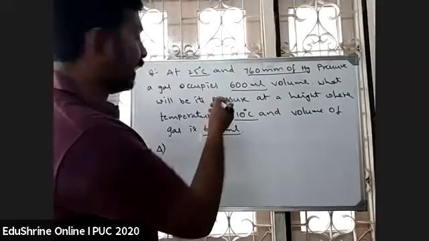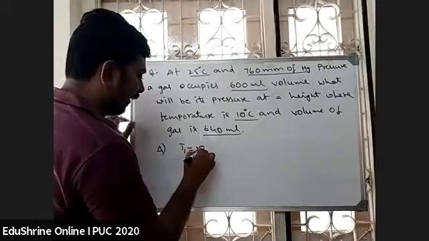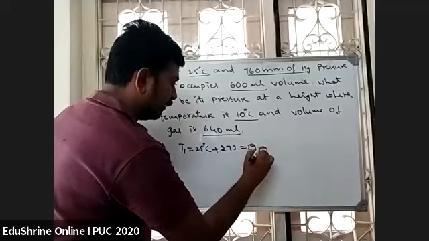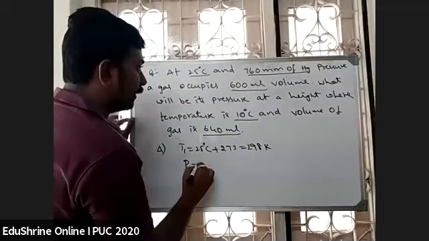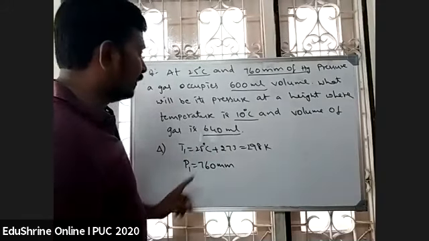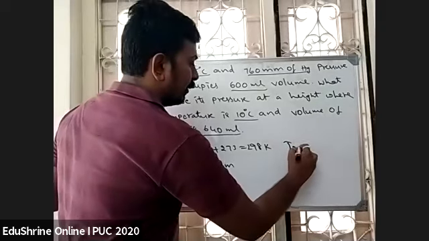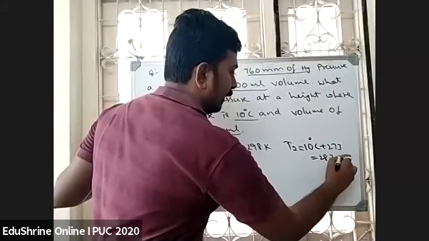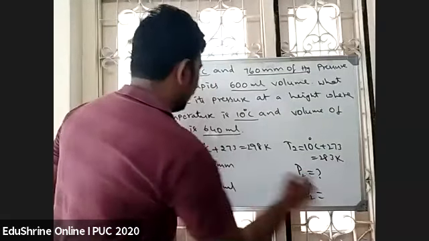Okay, right? So let us write the values of P1 V1 T1, P2 V2 T2. Temperature T1 is 25 degrees centigrade. Always you need to convert it into Kelvin. So 25 plus 273 is 298 Kelvin. What is the P1 pressure? P1 is 760 mm. Now see here, students. V1 is 600 ml. T2, they have given is 10 degrees centigrade. So 10 degrees centigrade plus 273 is 283 Kelvin. T2 283 Kelvin. Pressure we need to calculate. Volume is 640 ml.